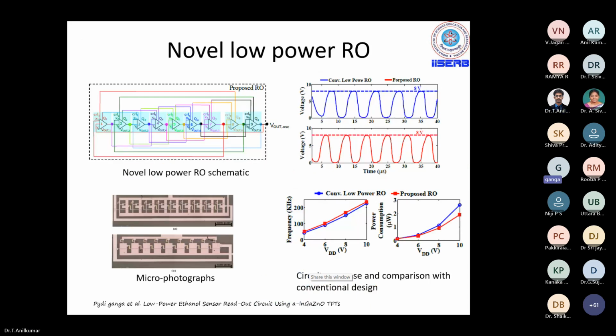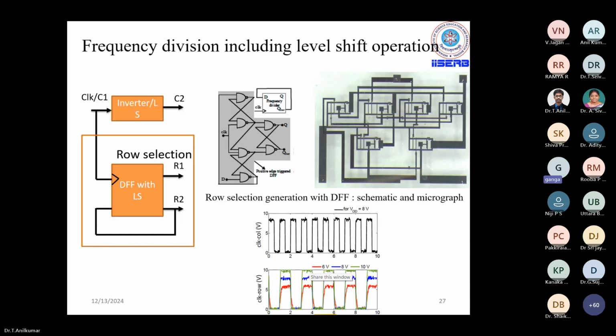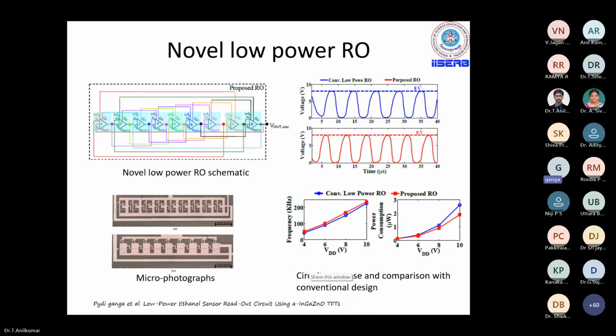Then what we have done, we were experimenting with different techniques to minimize the power consumption of this ring oscillator. In my previous slides, I have shown you CMOS designs. You can keep the next slide. So in CMOS designs, I have mentioned this current starving technique, skew technique, and so on in 65 nanometer technology. Now we also experimented with certain low power techniques using these oxide TFTs.